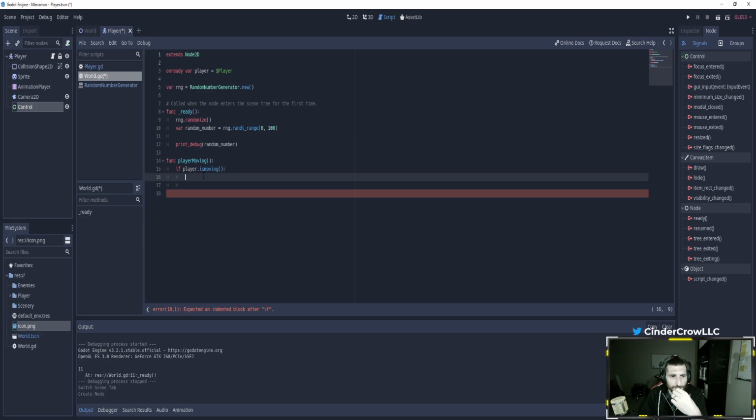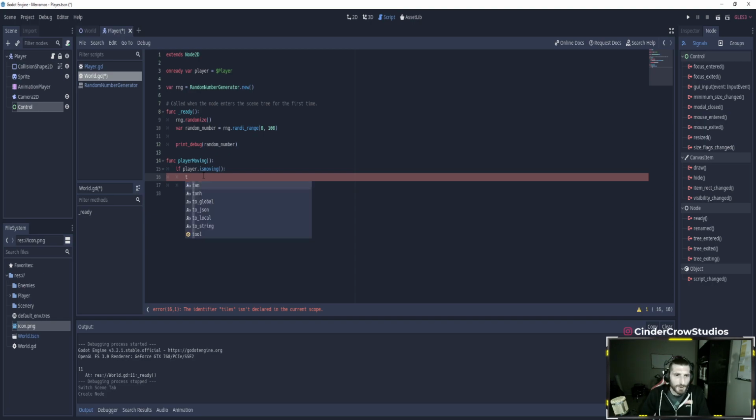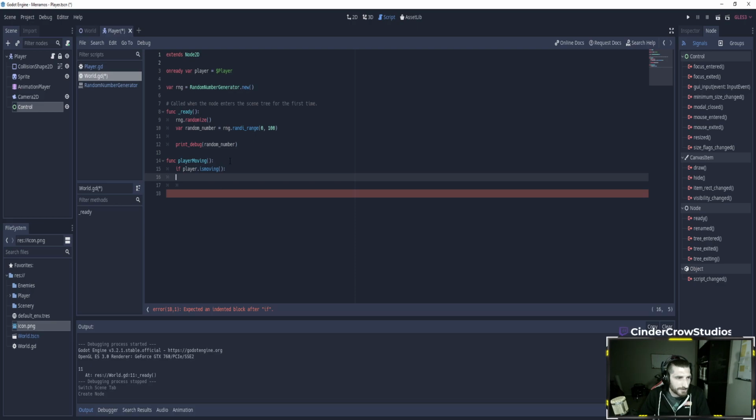Let's see, if player is moving, we can do... I need to declare the tiles traveled. Well, thank you very much. Let's see, we'll do a var, tiles traveled. We'll set that equal to 0 to start. If player is moving, do